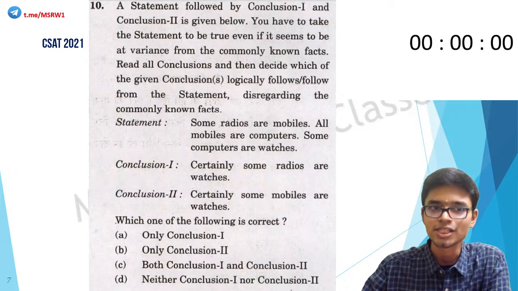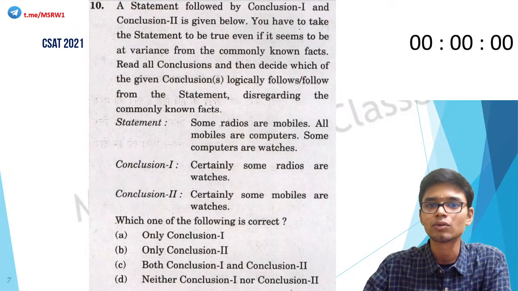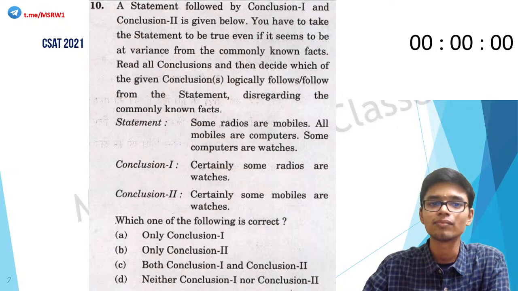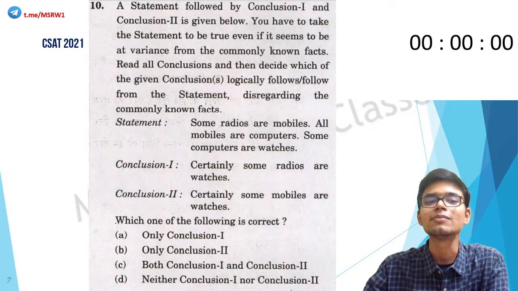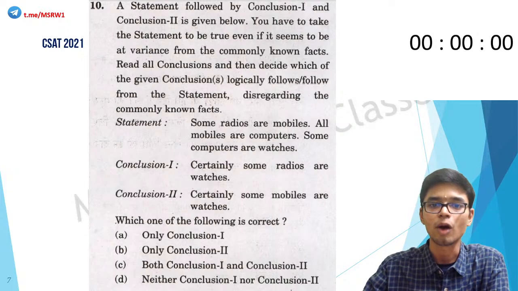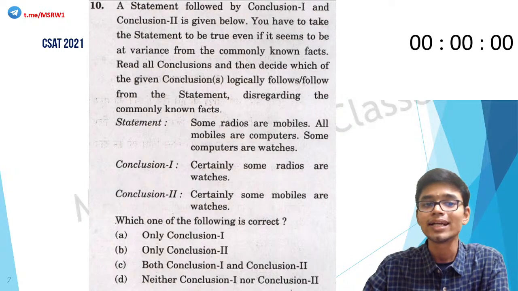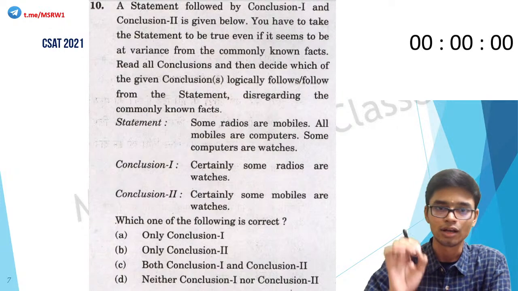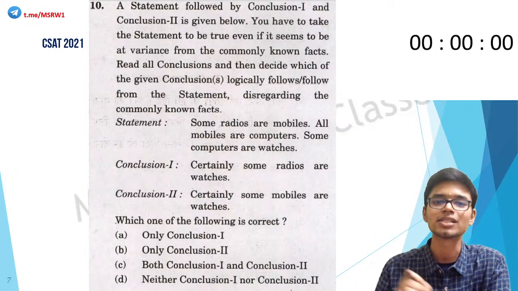Okay, let me read the question. A statement followed by conclusion 1 and conclusion 2 is given below. You have to take the statement to be true even if it seems to be at variance from the commonly known facts. Read all conclusions and then decide which of the given conclusions logically follows or follow from the statement